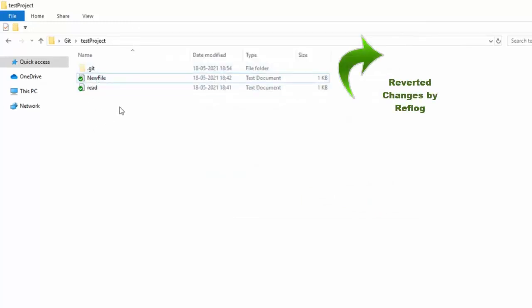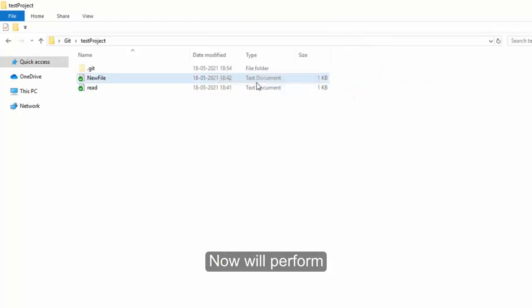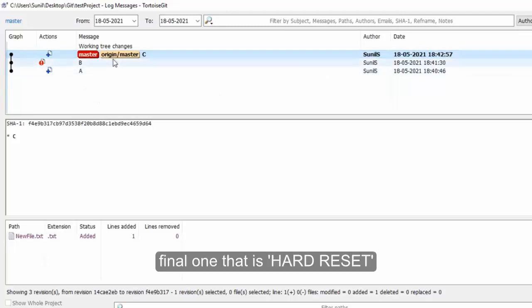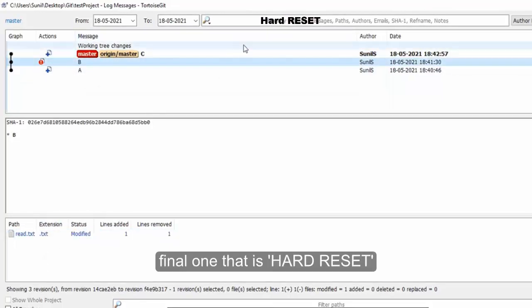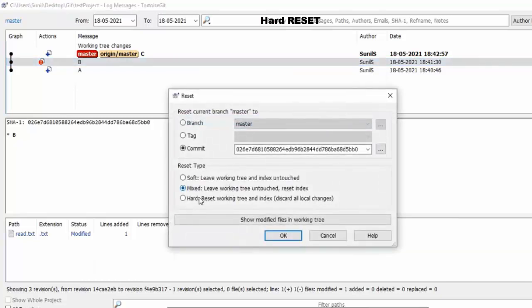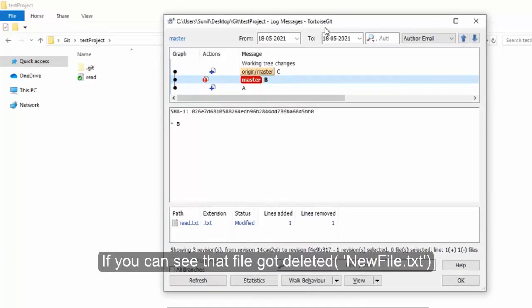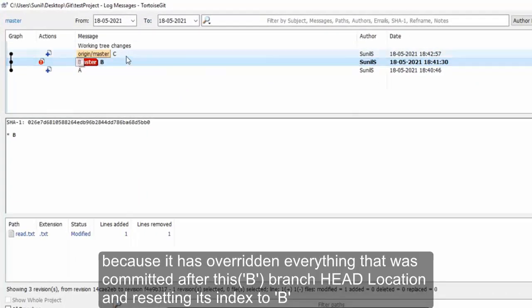So I have reverted my changes. So now we will perform the final one, that is the hard reset. So I will reset these changes to this. If you can see, that newly added file got deleted, because it has overridden everything that was committed after this branch head location.